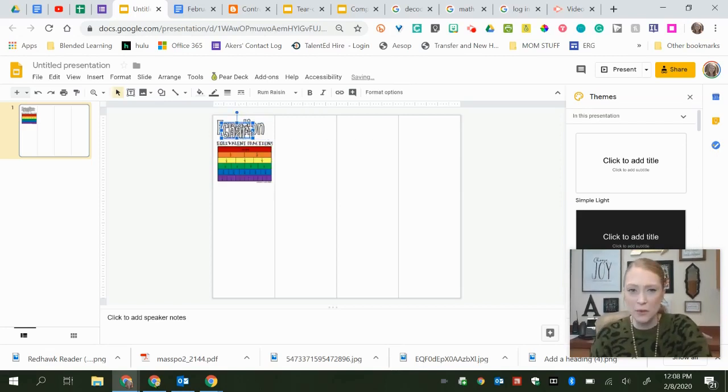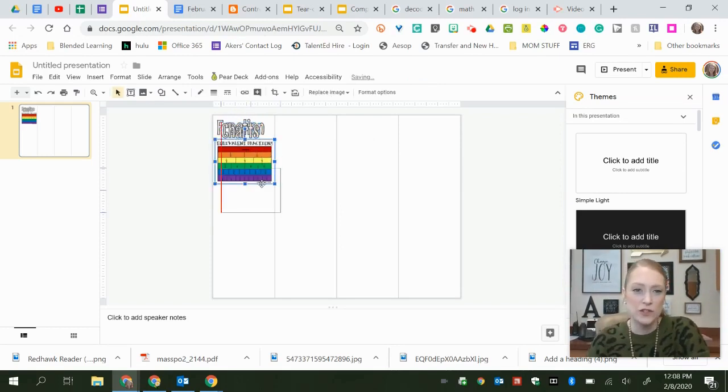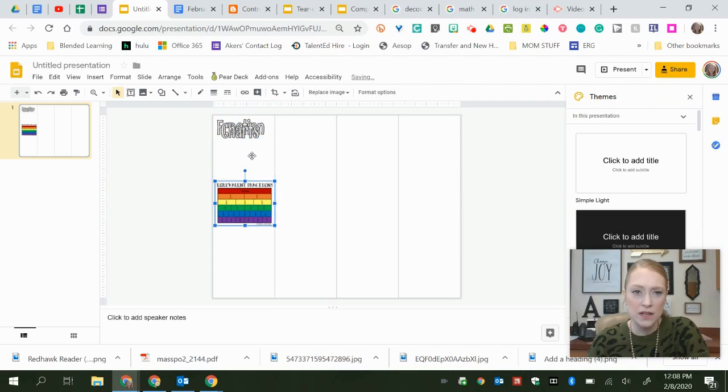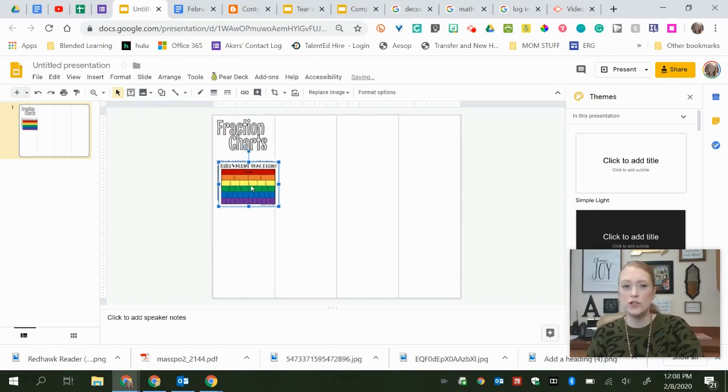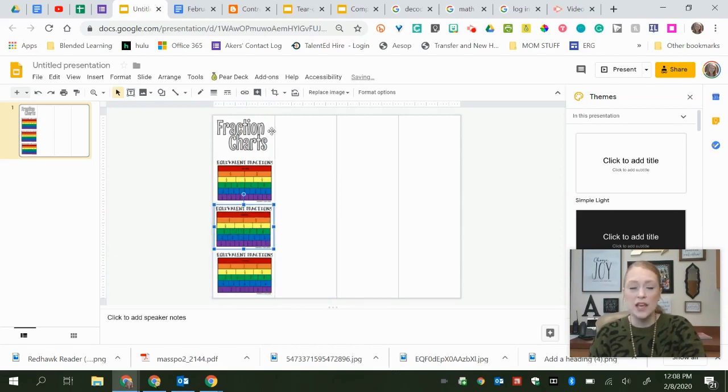Oh, I did it again. I wanted to say fraction charts with an S. I'm going to pull this down and it's going to say fraction charts. And then I'll have this chart. For time's sake, I'm just going to duplicate this one, but imagine that I had several different fraction charts that I want my kids to look at, or just math charts maybe. Then next to it,